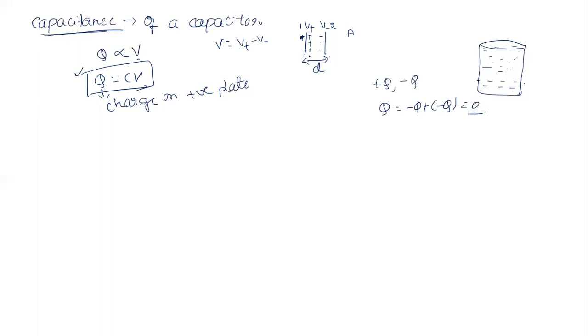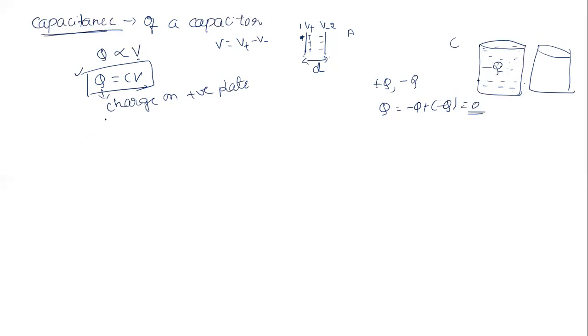Now, sir, you told me that the capacitance does not depend on charge, just as on the water level. Then what else does it depend on? Look now. If I want to increase the storage capacity of water, I should bring one more tank, or if it is made of cement, I need to demolish it and make a bigger tank with a different dimension. That means the capacitance depends on dimension.